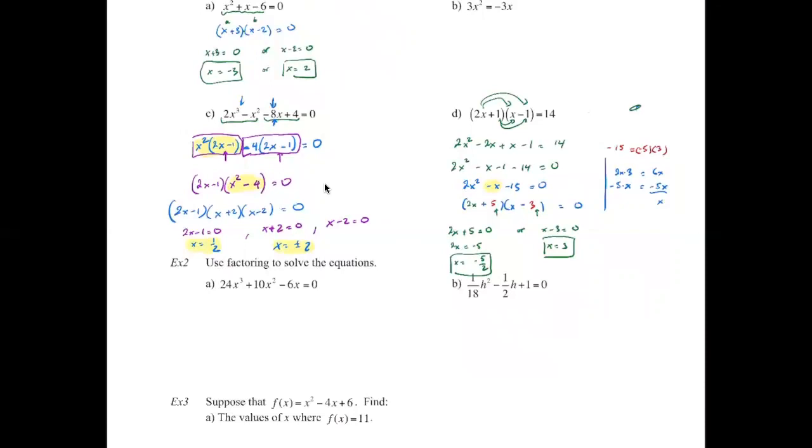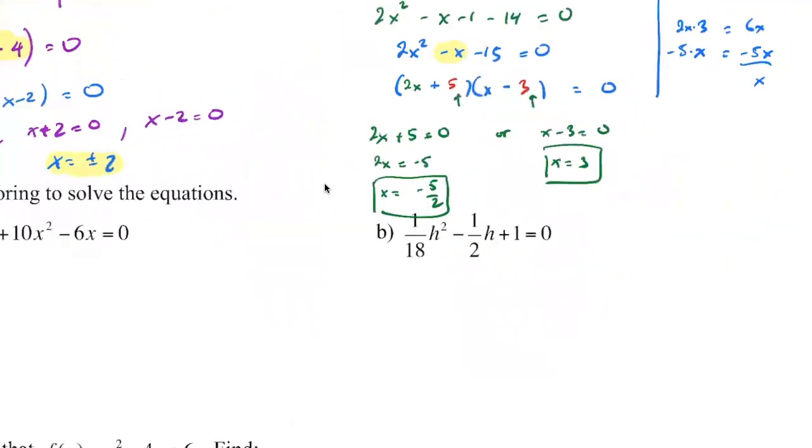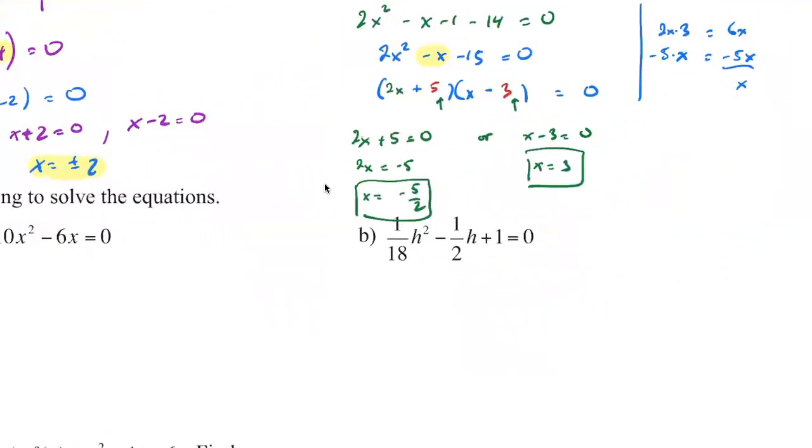I won't do B in exercise 2, but I'm going to give you a hint here. When you solve a polynomial equation where the polynomial within the equation contains fractional coefficients, like this one here, the very first step is to eliminate the fraction coefficients. Since we have an equation, we're allowed to multiply an equation by a constant, and it doesn't change the